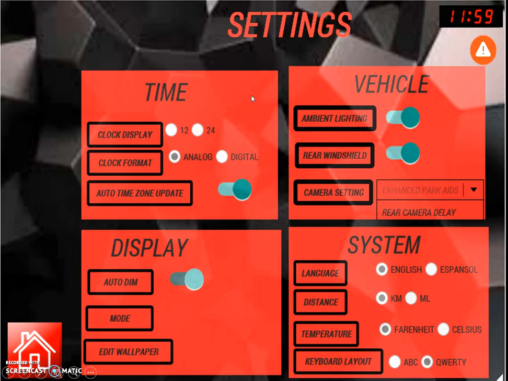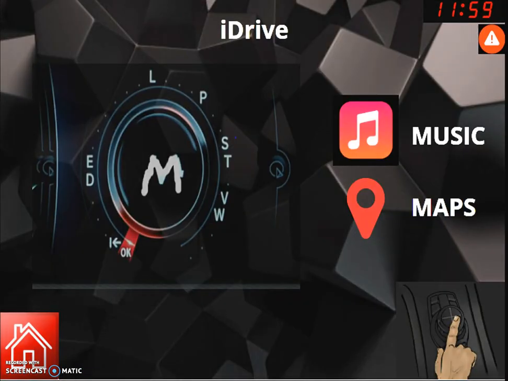And we also got another additional feature. This is iDrive. Let me explain that briefly. For example, if I would like to go through some music or maps, I could directly use the M option here, or I can type M, or I use my gesture M, so that I would directly get navigated to music and maps, so that I could directly press these options instead of going to the home page and doing multiple steps. He can directly press them and get his things done. So this is an additional feature that we would like to incorporate.